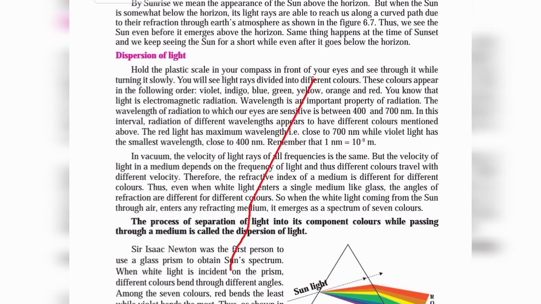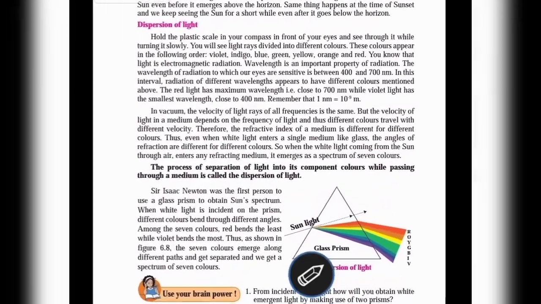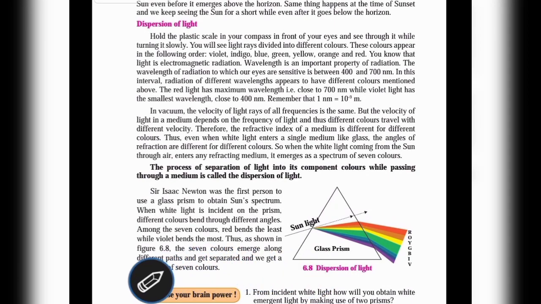Here we have to use a diagram, and from that diagram, dispersion of light is shown in this diagram. Okay, everyone knows about the glass slab. There is also dispersion of light. In that case we have to use a glass prism. Okay, here is given the activity or the procedure of that dispersion of light.